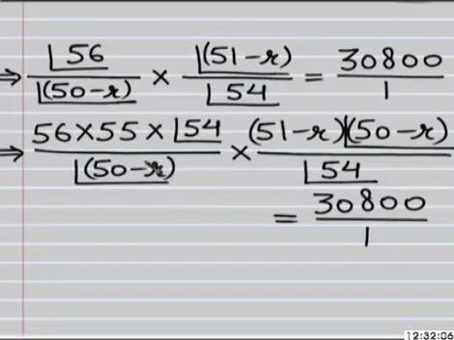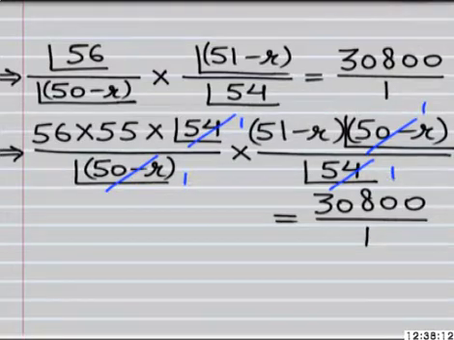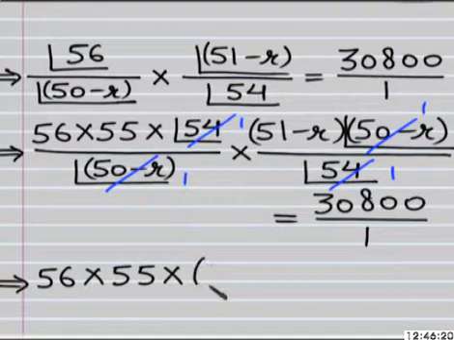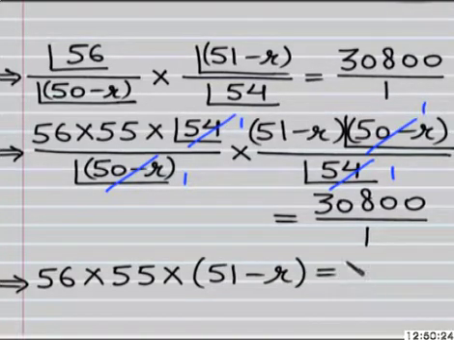On solving it, we get 56 into 55 whole multiplied by (51 minus r) is equal to 30,800,